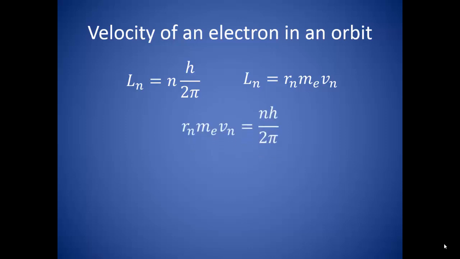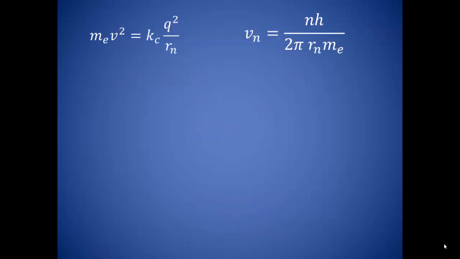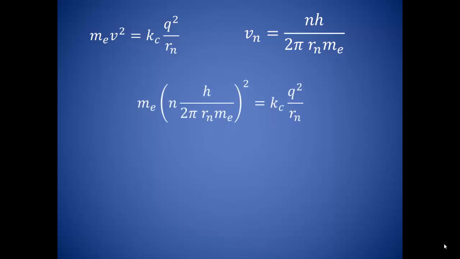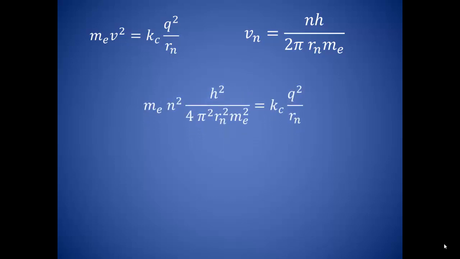Now we can take this statement for angular momentum and set that equal to Bohr's prediction for an orbit's angular momentum. We are going to be interested in this velocity in a moment, so let's solve for that. We've got a couple equations now that describe the electron moving in a certain orbit. The first one relates the centripetal force to the electric force, while the second describes the velocity of the electron within the orbit. So let's combine them because, well, math. We're going to substitute our expression for velocity into our centripetal force expression. Square everything inside there, and we end up with this beautiful mess of an equation. Now we do have a purpose here.